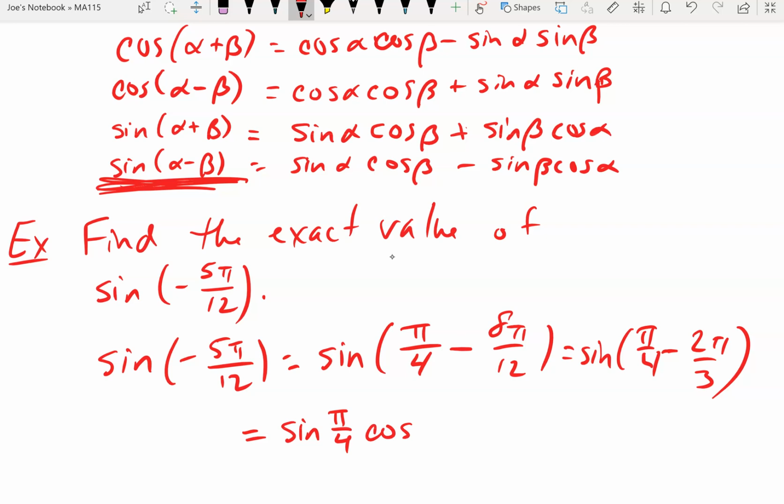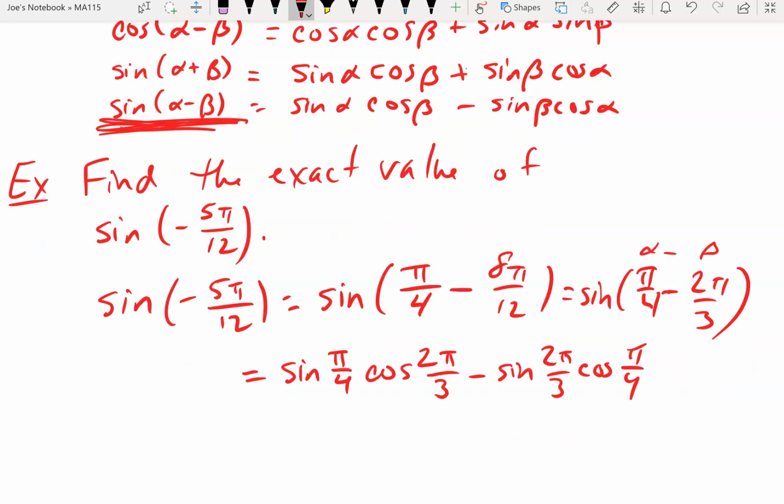Not negative. It's just 2 pi over 3. It's alpha minus beta, so the minus sign's in the formula. Okay, and then minus cosine of pi over 4. Again, the trick to doing these is trying to figure out what the alpha and what the beta are. All right, so now going through these,